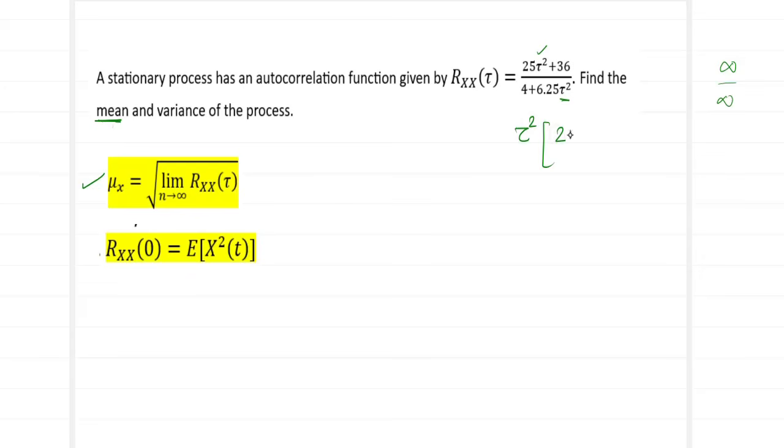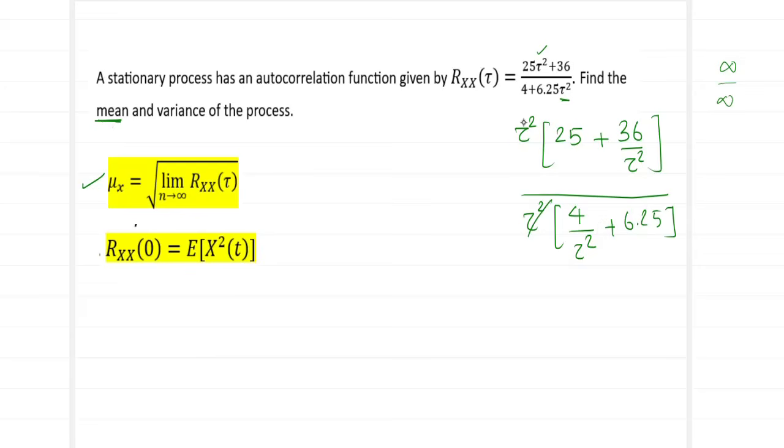So what will happen is the numerator will become 25 plus 36 divided by tau square. This is because this has a tau square, so you have taken it outside. This doesn't have a tau square, so that comes in the denominator. In a similar fashion, over here also you remove your tau square from over here. So you will have 4 divided by tau square plus 6.25. Now this tau square can be cancelled, and now